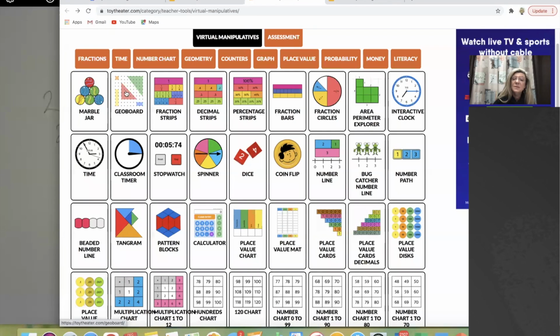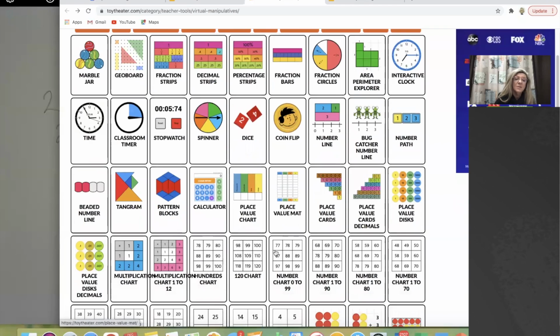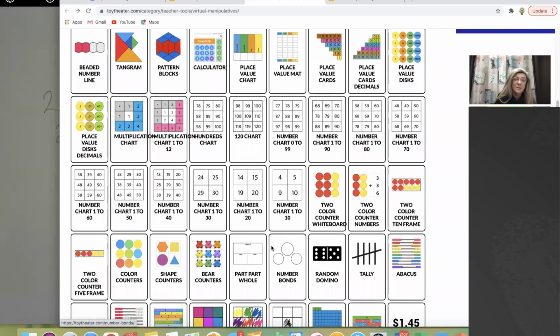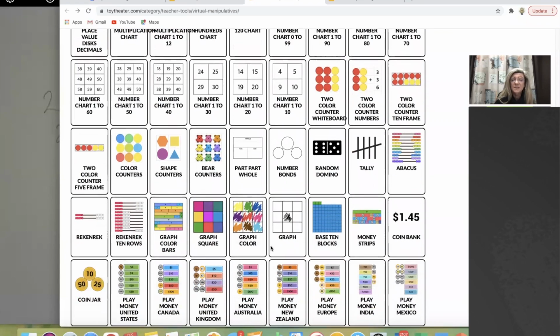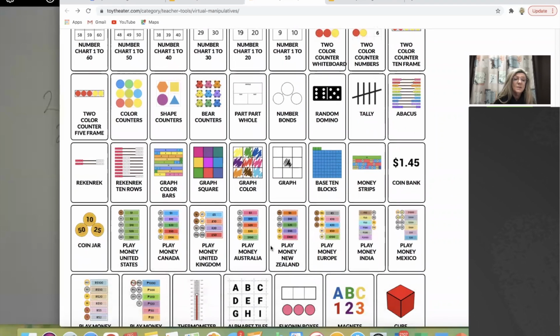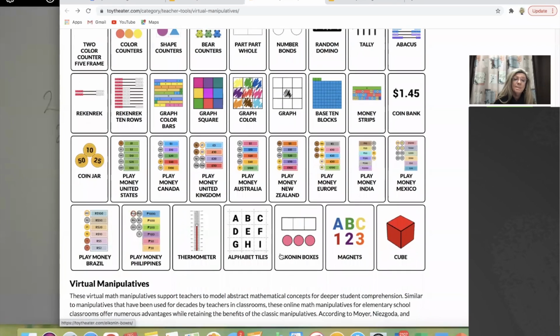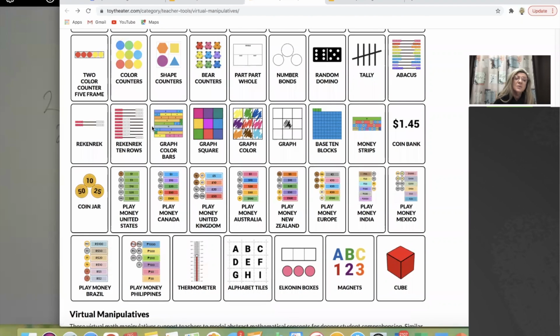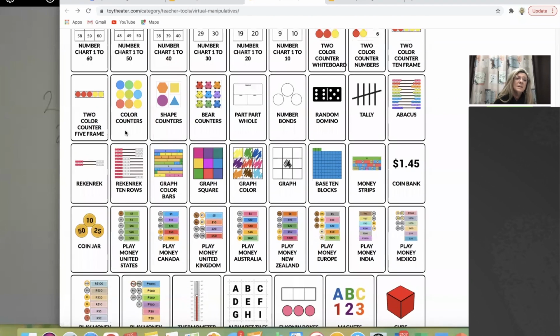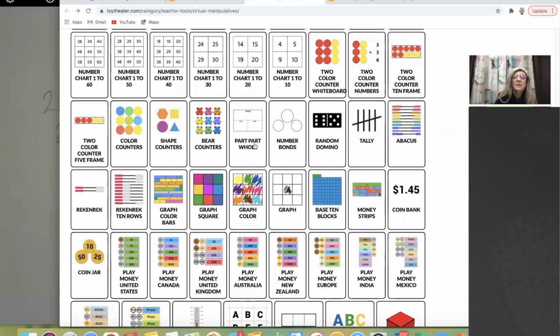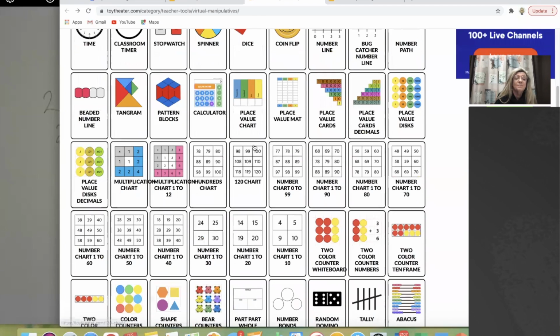Here's the geoboards. I know we can't put them in their hands right now, maybe, but we've got them here. Place value charts. There's number lines. Like I said, I've not even scratched the surface of looking at it, because it seems endless what's on here. Here's money, thermometers for measuring temperature, coins for counting, the rekenreks. Those are a nice tool as well. You have your frames, five frames, ten frames, there's part-whole on here. It's just awesome. It really is.